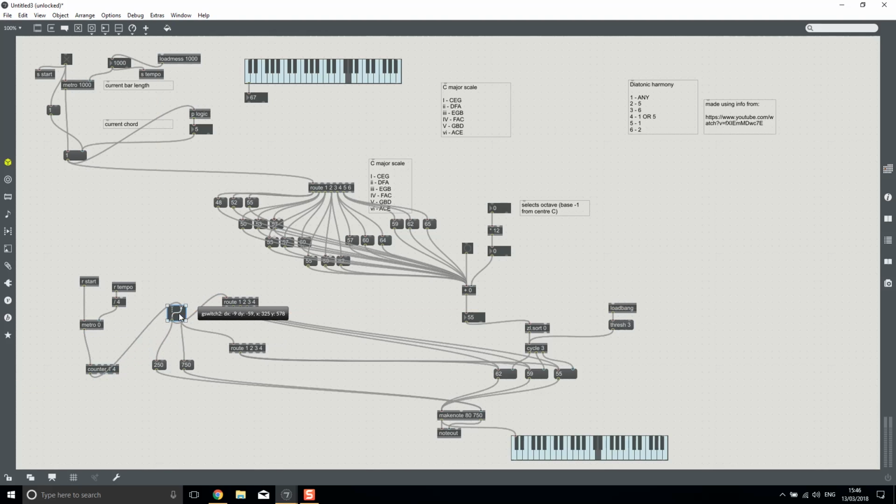Counter in, and then that's routing to the right one. Add a big toggle. So now, if we start it,